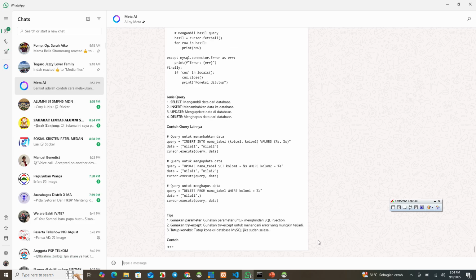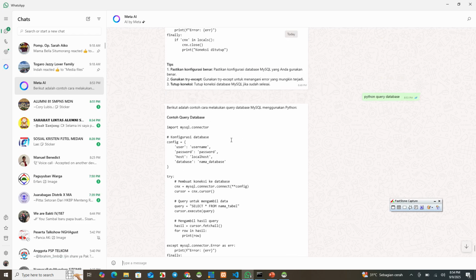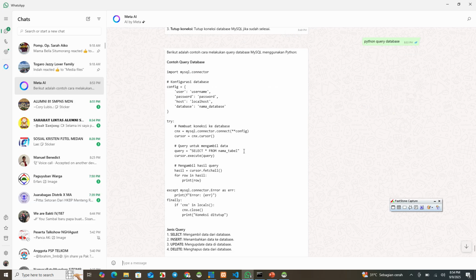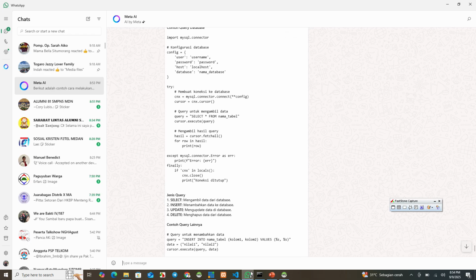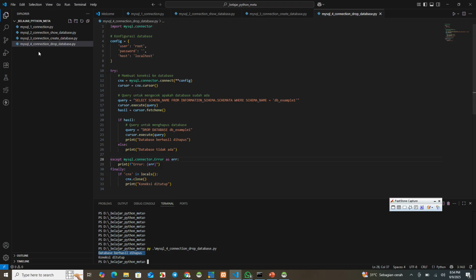So many updates on this one. This is query select data from, this one, insert data, and so on. Now we try to make this query number 5.